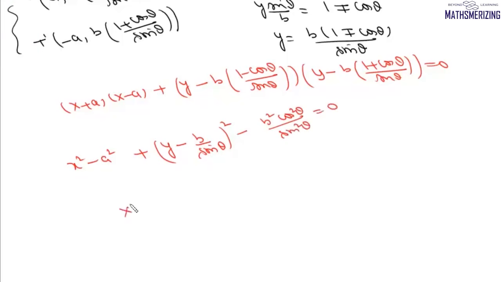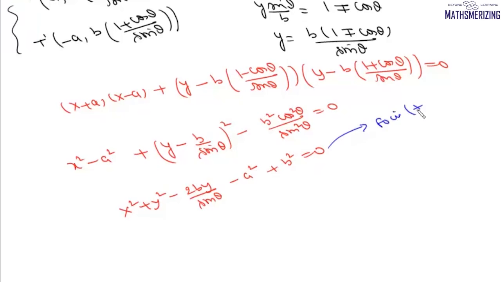So we'll write this equation as x² + y² − 2by/sin θ, and then we'll have −a², and here it will be b² − b² cos² θ/sin² θ. So 1 − cos² θ and sin² θ will cancel, so it will be + b² = 0. Now the result is this circle with T' as diameter will always pass through the foci of this